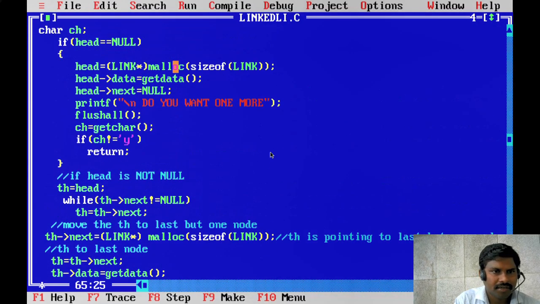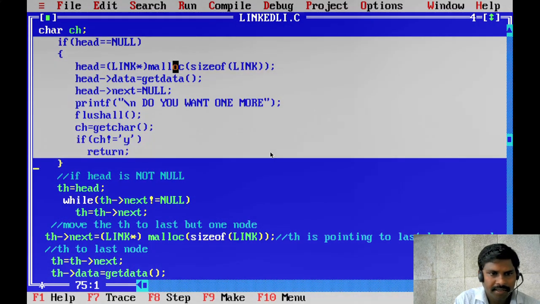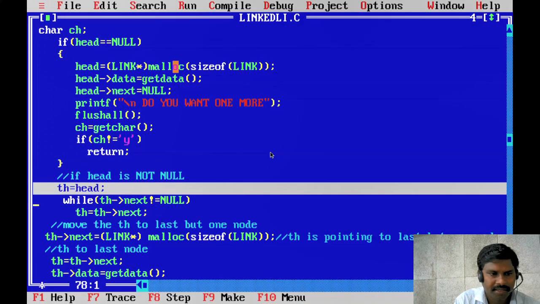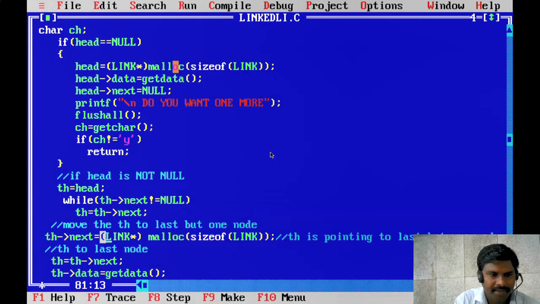So if add is equal to null, this code is executed. Do you want one more? Yes. Then control comes here. After execution of this code, th is pointing to the last but one node. Here we allocate this memory